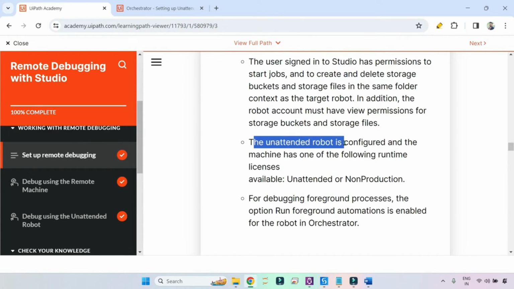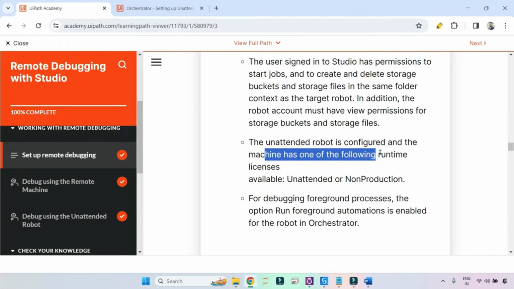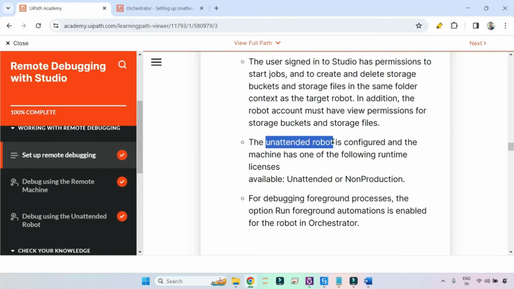The unattended robot is configured and the machine has one of the following runtime licenses. This is a very important point. Okay, what kind of license should your unattended robot have for remote debugging? If this question is asked, you are given multiple options of different license types. You should only select